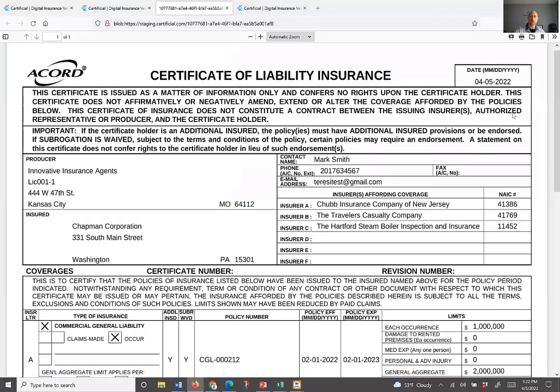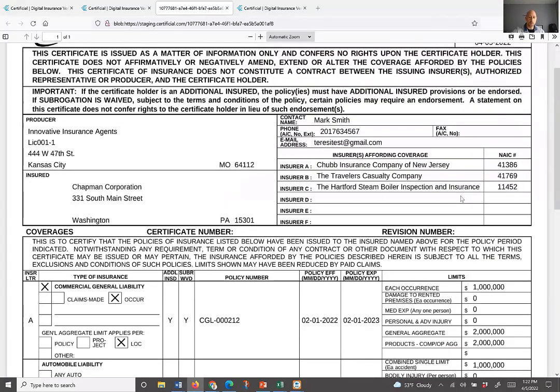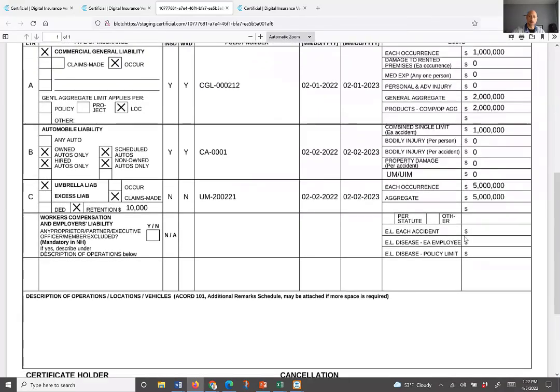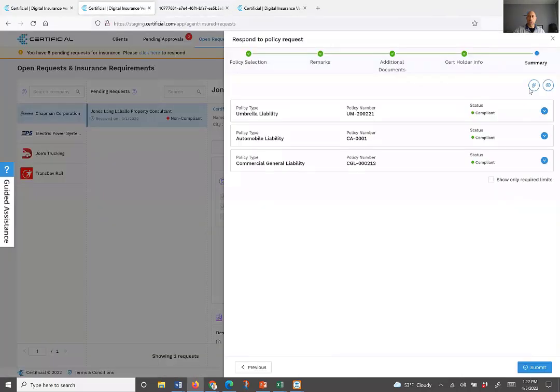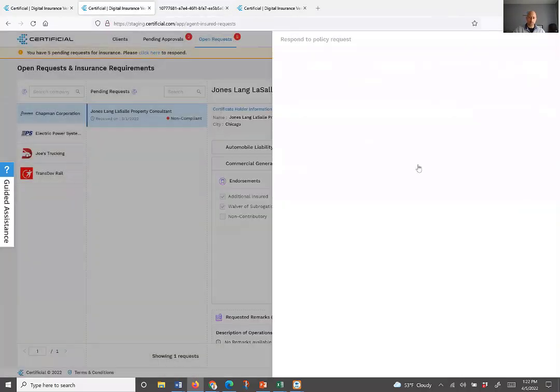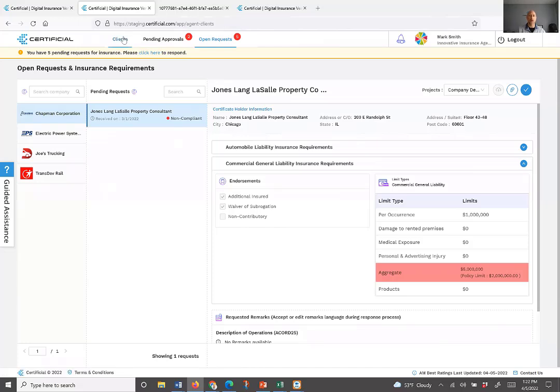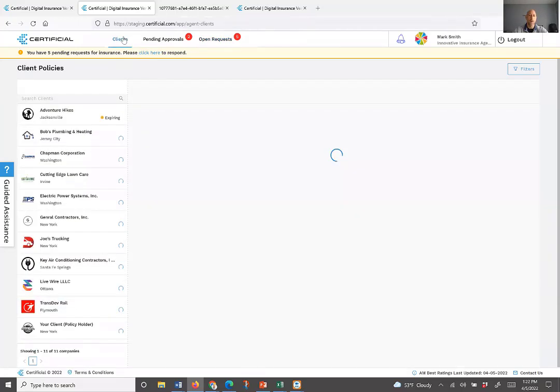And it'll be this Accord 25 a form right here that's going to be generated based on the liability coverage selected. So we'll dive a little bit deeper into the product and then show you guys a bit more. So very easy to respond. If you guys like, we can go ahead and do something a little more complex. I'll take one more workflow and then I'll show you what this looks like for your clients